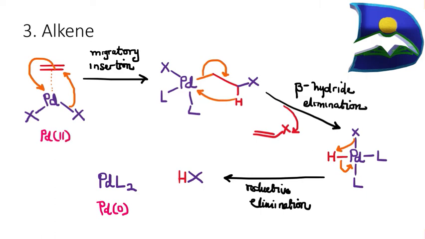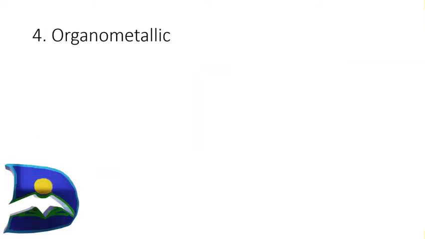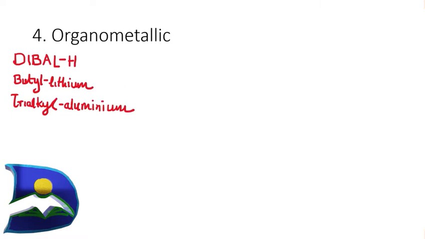So since we have this taken care of, how about the last one? The last one involves an organometallic, and these organometallics are usually known as Grignard reagents. This Grignard reagent comes in 3 forms in this particular type of Heck reaction: DIBALH, butyl lithium, and trialkyl aluminium. Any one of these takes a specific short form, represented as RM, and we know that we're going to use 2 RMs in order to perform this specific type